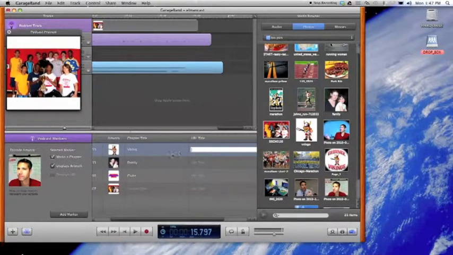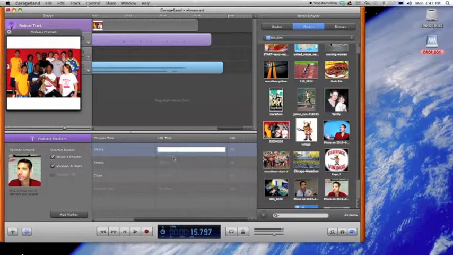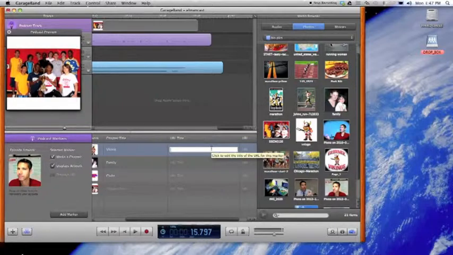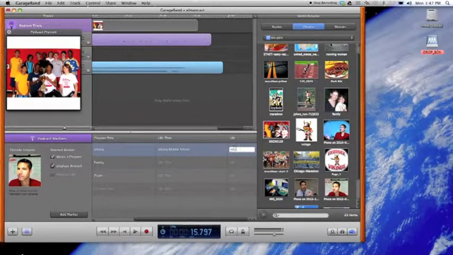So, for example, let's say I wanted to put the website for Viking here. So the URL title means what's going to appear on the screen. That's the text. The URL, I can copy it and paste it, or I can just type it in, but I think you need to type in the entire address, including http://viking.d56.org. Okay, so now when I play this, what should happen is there should be a link that I can